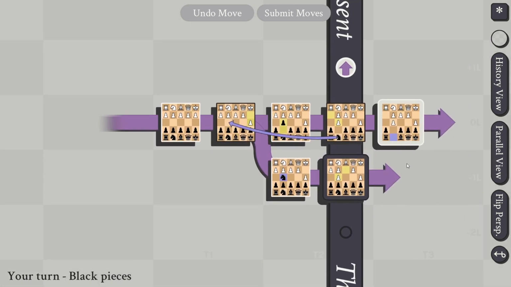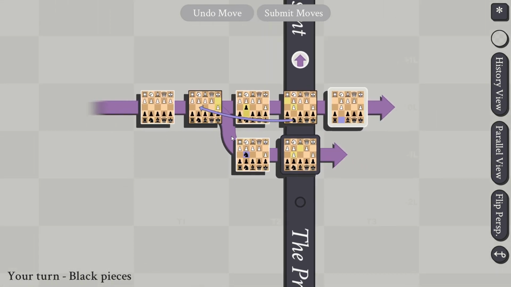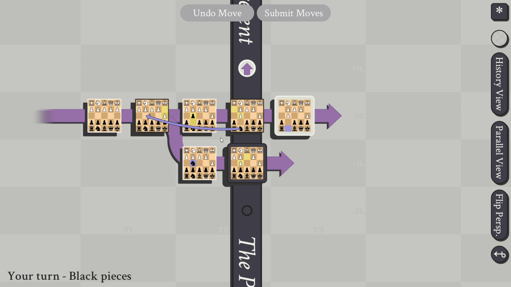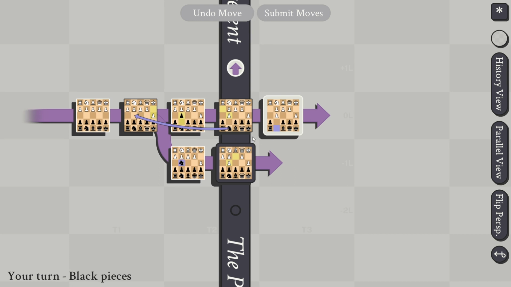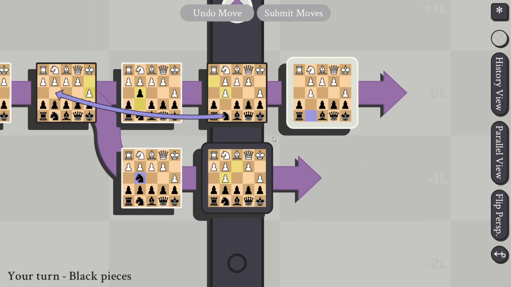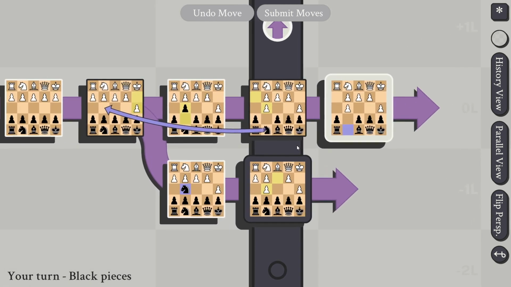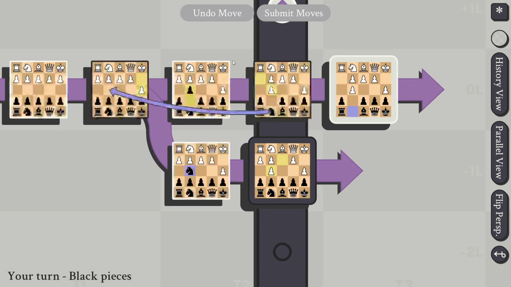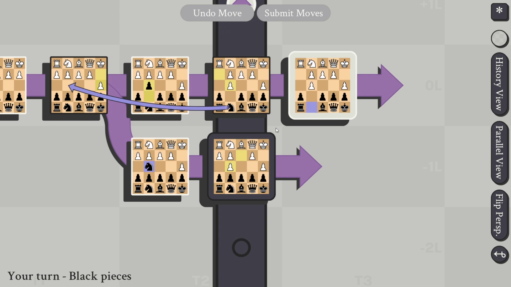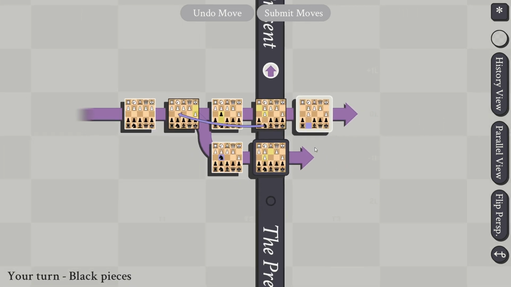So you can see that this game is rather confusing. I'd be surprised if from what you've just seen you would have at all understood what this game is about and how it works. It's chess, just a lot more dimensions to play with, and they are very confusing, and you create parallel worlds. Of course, to win the game, you only have to checkmate anywhere. Just a checkmate anywhere is enough.